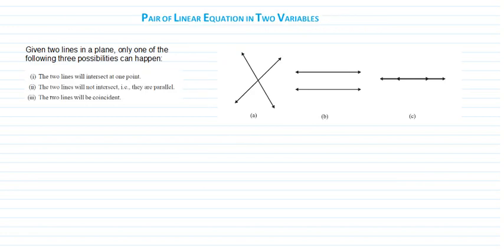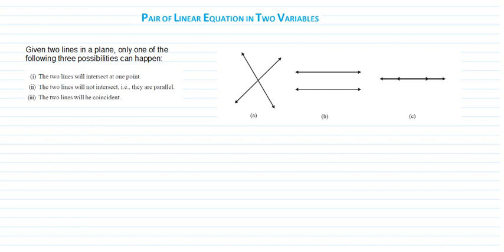A linear equation in two variables or one variable will always be a line, whether you draw it in one variable or two variables. In one variable it will be drawn on a number line, and in two variables it will be drawn on coordinate axes, on an xy graph. So how can you graphically figure out whether it is one variable or two variable? One variable will be drawn on a number line, and two variables will be drawn on graph paper like the xy axes.